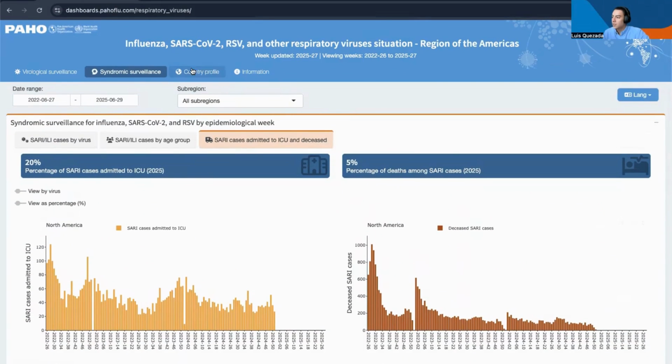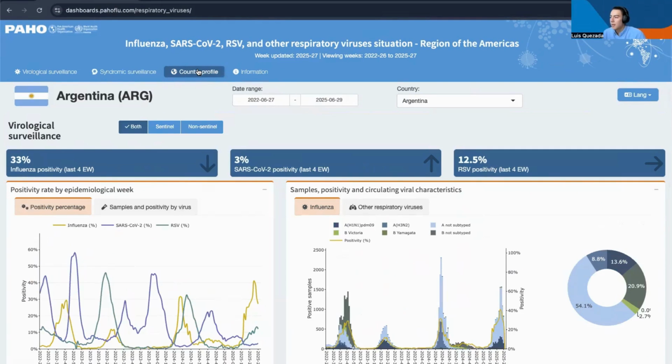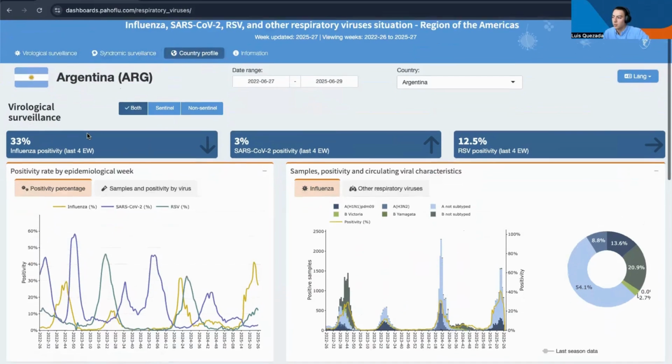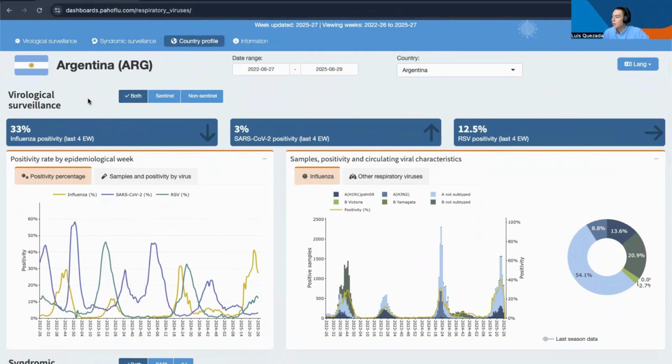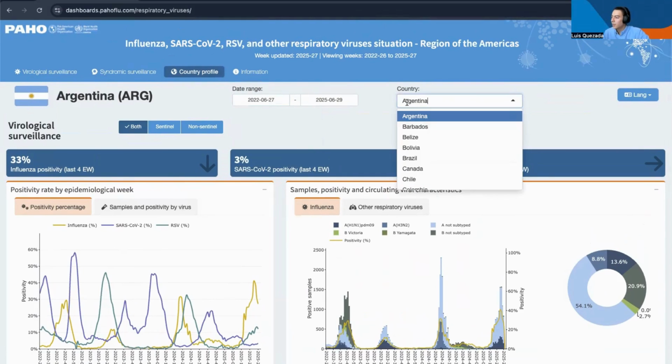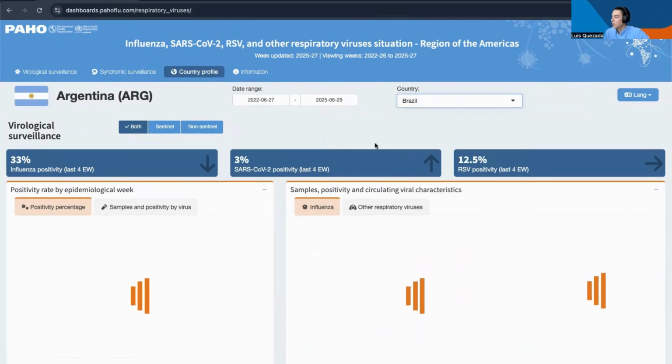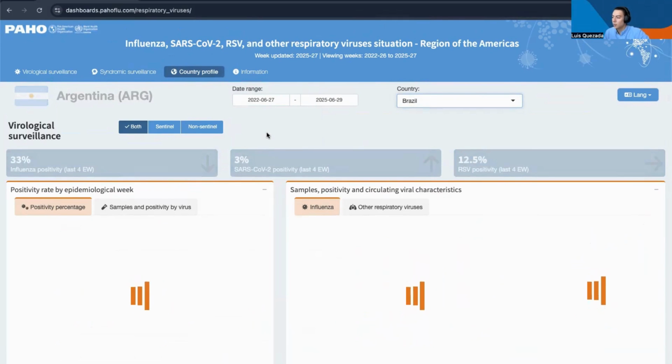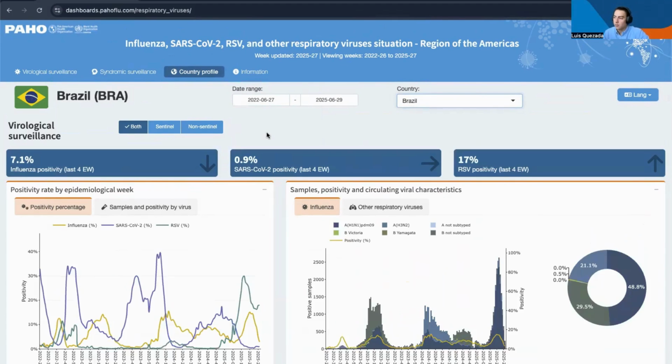Now, the last section of the dashboard, the country profile, as I mentioned, is an integrated section which we can use to combine both virological surveillance and syndromic surveillance sections in one single place for each country. Now, this section allows you to filter by date range, but you can also select any country. So we can select a new one, and all the visualizations in this section will be dedicated towards the selected